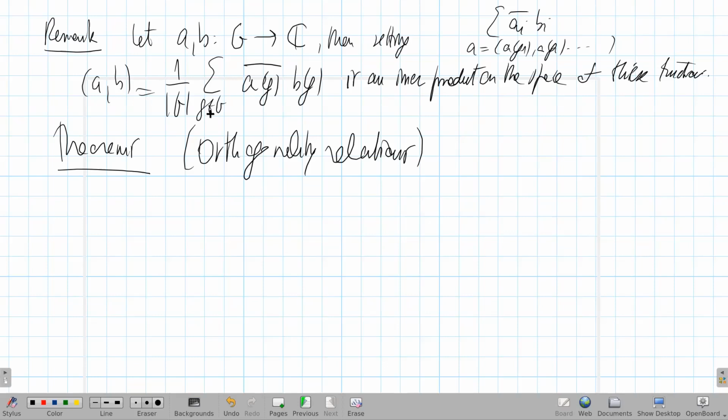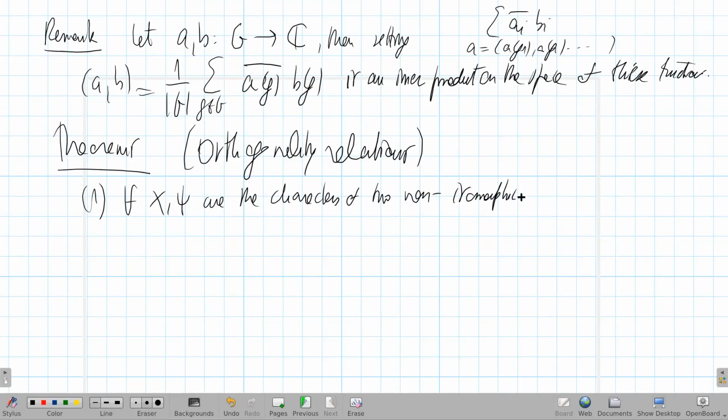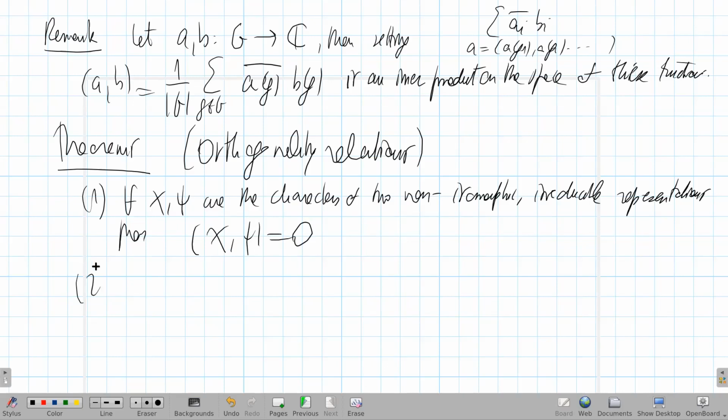So what do the orthogonality relations say? The first thing is, if chi and psi are characters of two non-isomorphic irreducible representations, then their inner product will be zero. And the second thing is, if chi is the character of an irreducible representation,